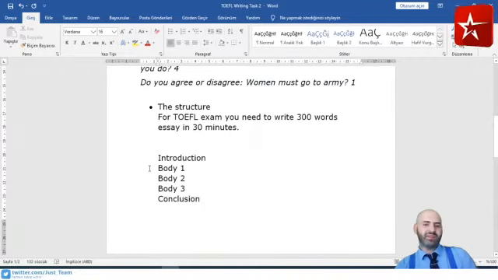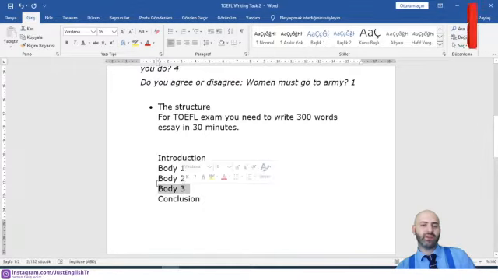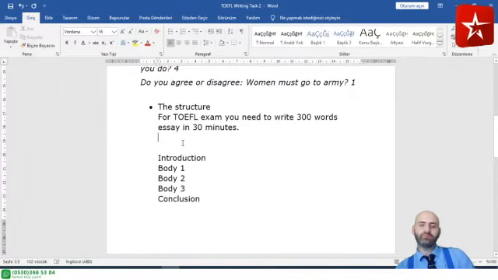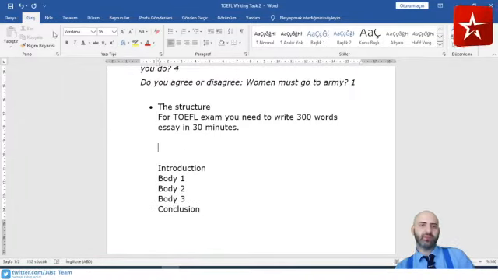If some of you are taking the IELTS exam, I can also give you information about IELTS essay writing. The difference is that in IELTS you have to write 250 words in 40 minutes, and you don't need to have body paragraph 3. You can only write 2 body paragraphs for IELTS, but for TOEFL you must write 3 body paragraphs. Now, as you know, in total we have 30 minutes and we need to write 300 words. Let's allocate now the words and the minutes. Let me create a little table for you.